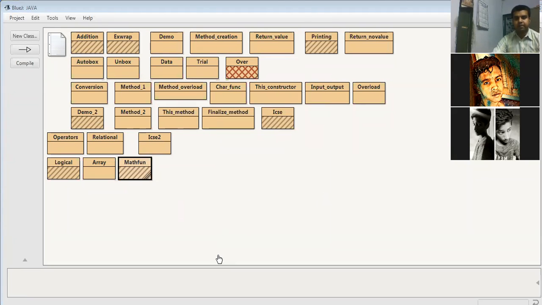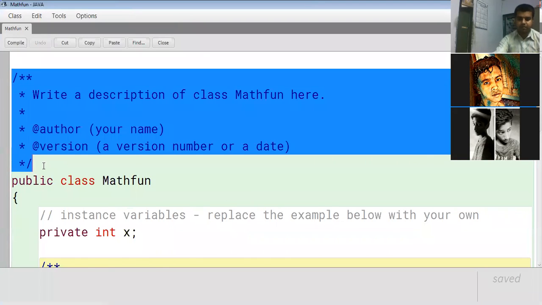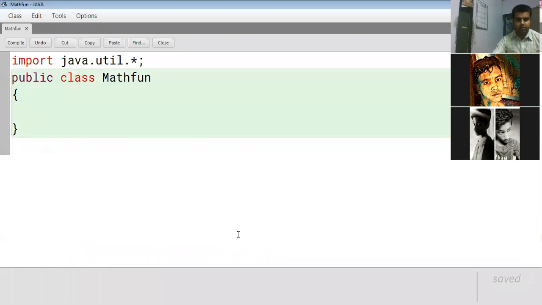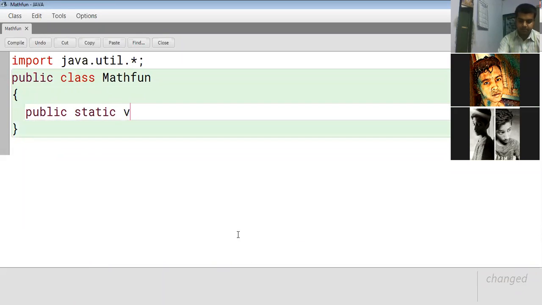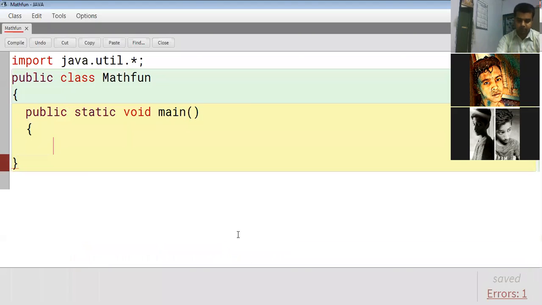Okay, we're using the util package. So you have to remember that whatever mathematical functions we are about to use in the Java programs, all of these mathematical functions have a return type, that is, the result obtained from that mathematical function is always double type.